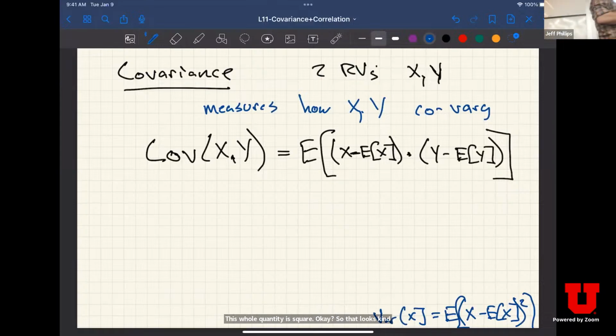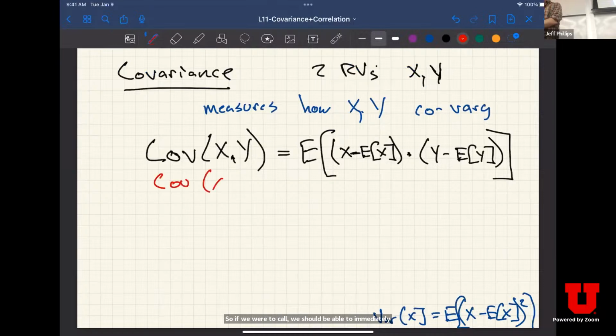So that looks kind of like this, right? We have x minus the expectation of x. That's the same in both of them. In the variance, it's just that term squared. But now we have two terms, and the y looks just like that, right? We've looked at the difference of y from its expected value, and we've multiplied that by x minus its expected value. So we should be able to immediately see that